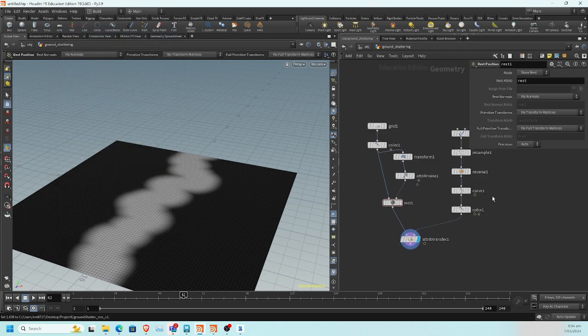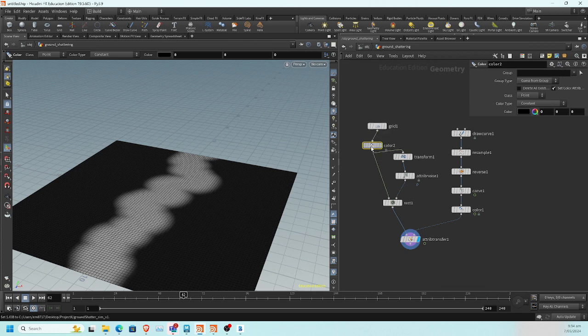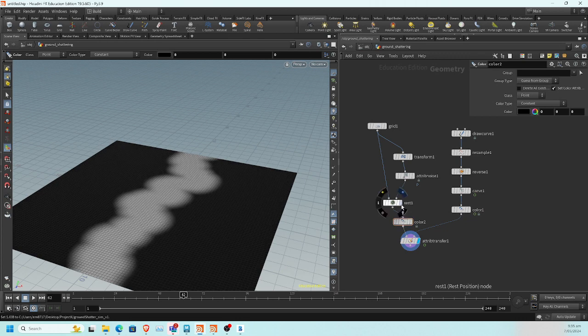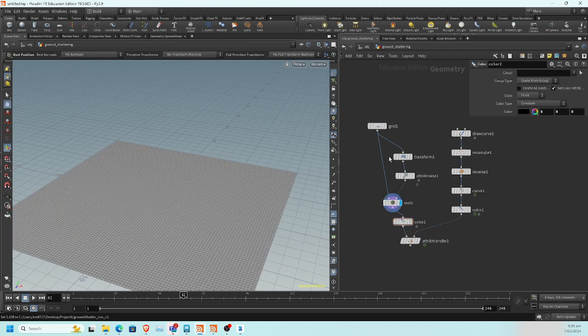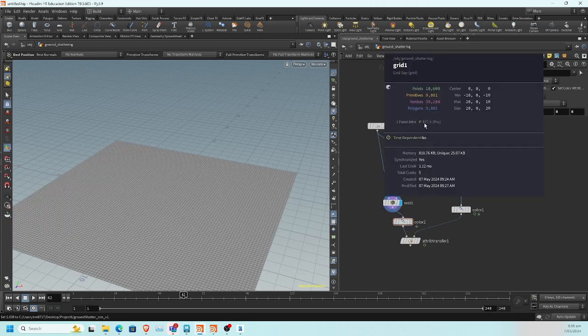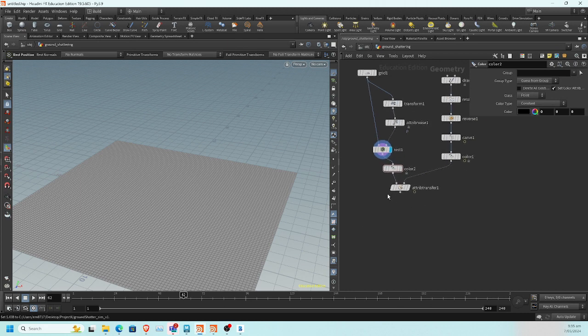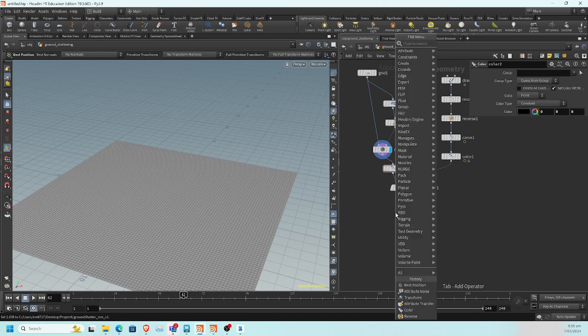Now what I do is, so rest position is here. Maybe I just grab this color and take it after rest position. So before rest position, I have a grid with some points. If I middle click on it, after rest position, I have the same grid with some points with a rest attribute added to it, which is very interesting. So now we can just say that we use a point